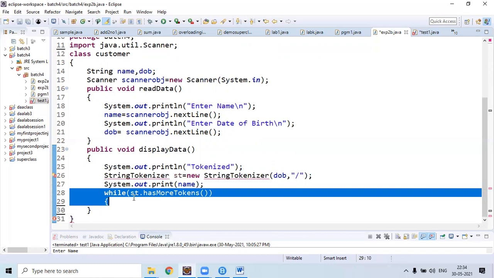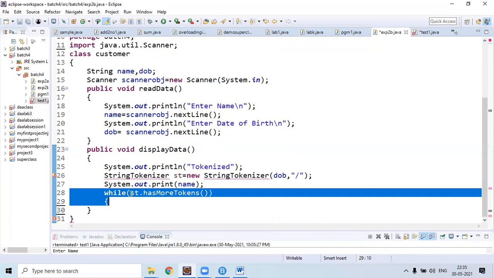Use the object in the while condition. Use the object followed by dot, then the StringTokenizer method hasMoreTokens. So it will check whether st contains tokens or not. If st contains a token, in that case it will return true. Otherwise it will return false. Here st.hasMoreTokens is used to check whether st contains tokens or not.